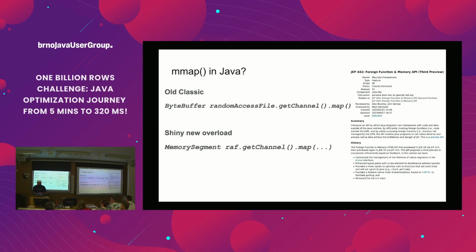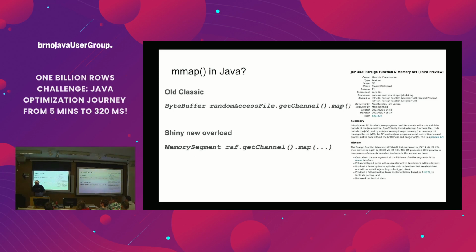We will use a shiny new thing, which is not even final, not even in Java 22, which was released yesterday. It is a preview feature which is not meant to be used for production. It's basically a way for the JDK team to get feedback on API implementation, performance, and whatnot. One of the new APIs it's introducing is memory segment, which is like a better byte buffer, right? So it removes some of the restrictions, including this 2 gigabytes limit.